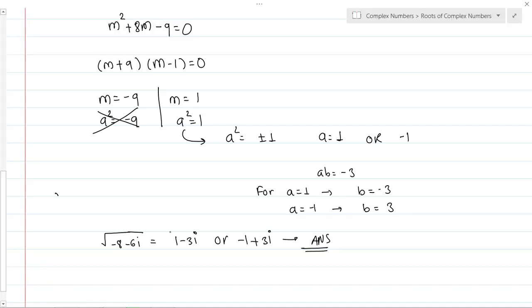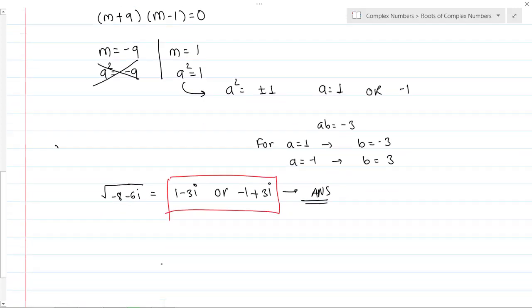So let me put it inside the box. Perfect. Okay, I hope you have understood this question. Don't worry, we will be solving many questions based on this. I will try to write down the questions and the solutions on a single page so that it will be easy for us to understand. So what is the next question?